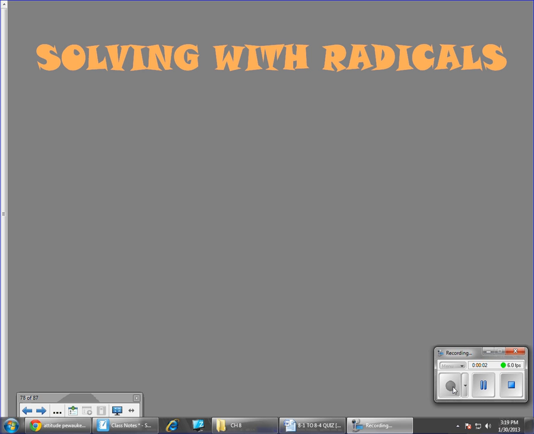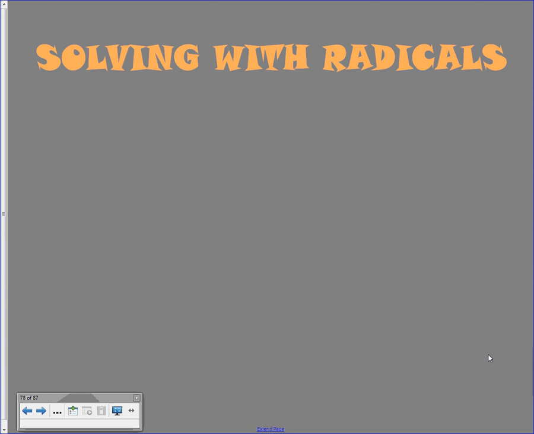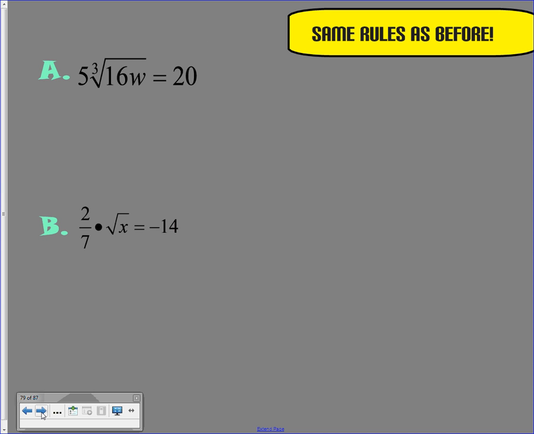Chapter 8, Section 8 is on solving radicals. So today should make a lot of sense, just basically solving algebraic equations, but now we're getting rid of, in example A, the third root. Just like anything else, the first thing I would want to do is get the third root